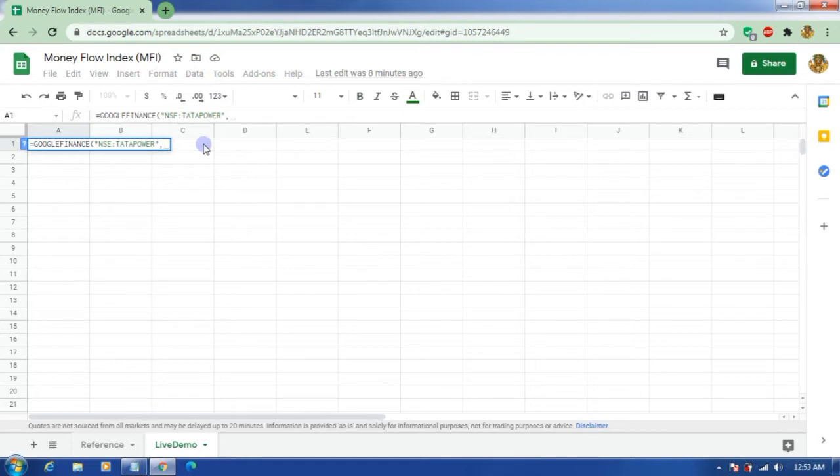What data do you want, whether you want the closing price, high, low or volume? We want to get all the data. So I want to get open price, closing price, high, low and the volume, everything. So put all, and make sure you enclose this within double quotes. The first ticker also should be enclosed within double quotes. Put a comma there. And what is the start date for this data?